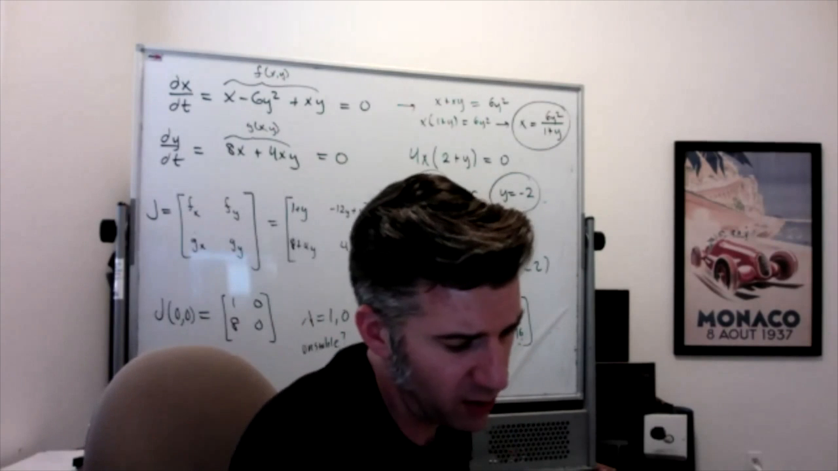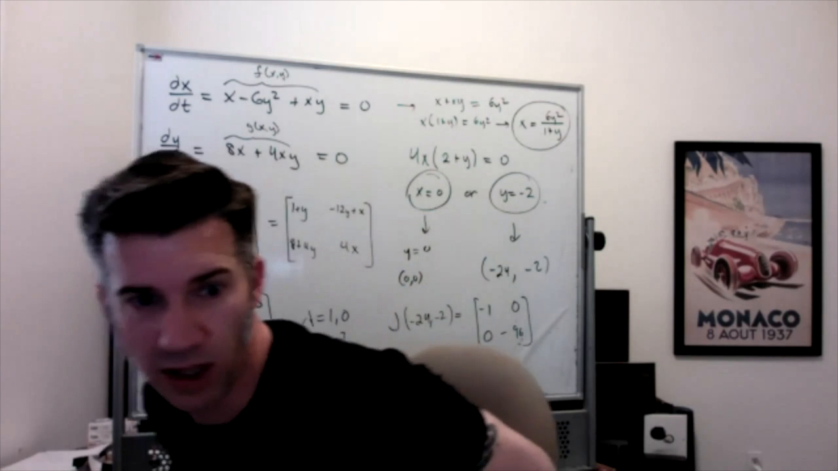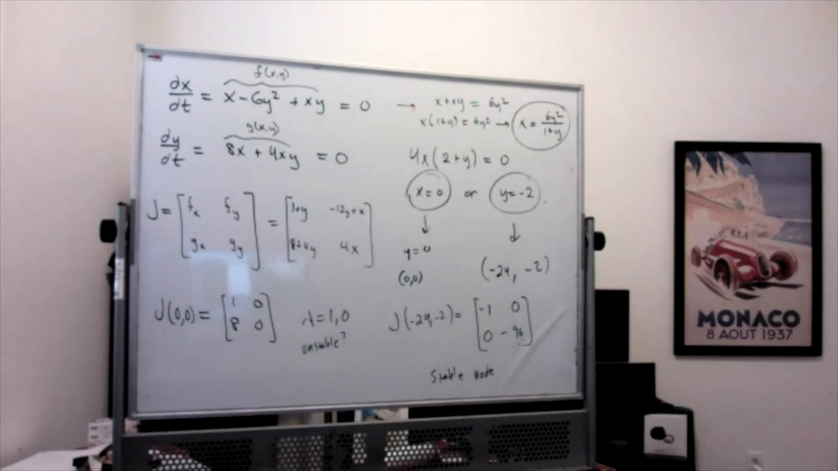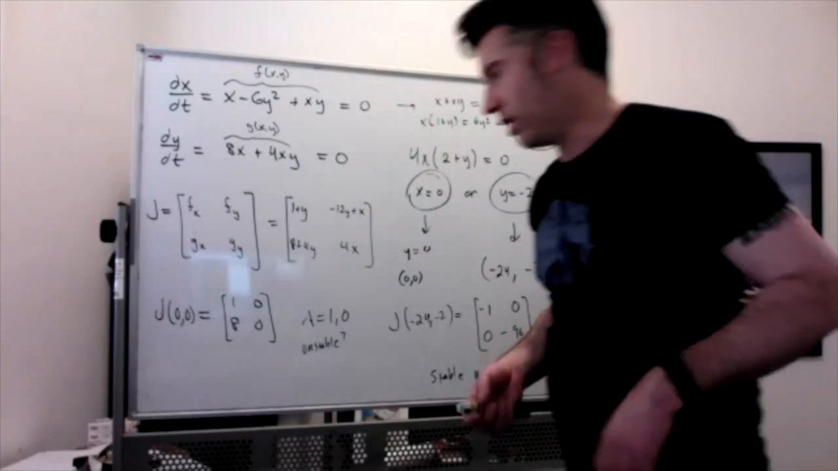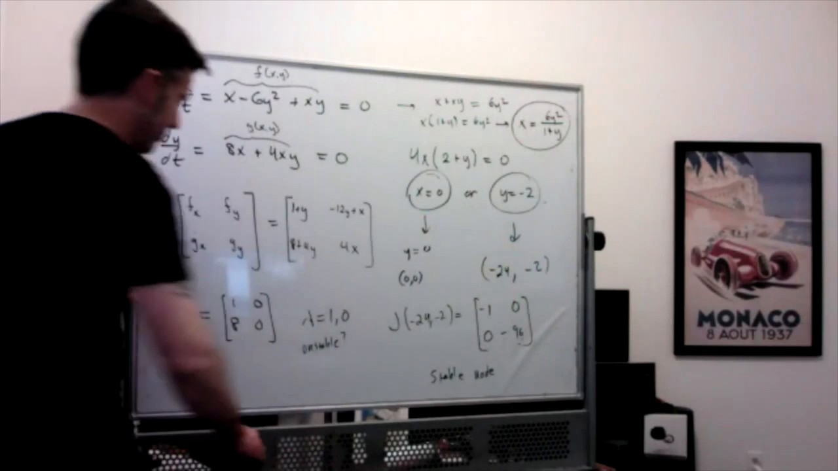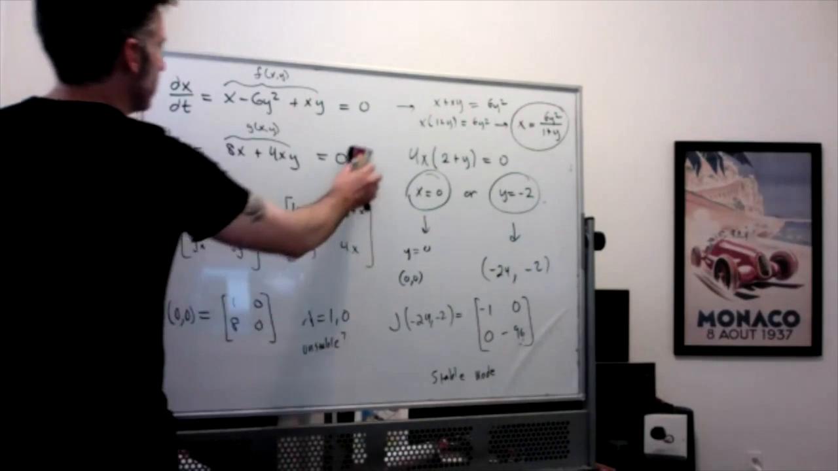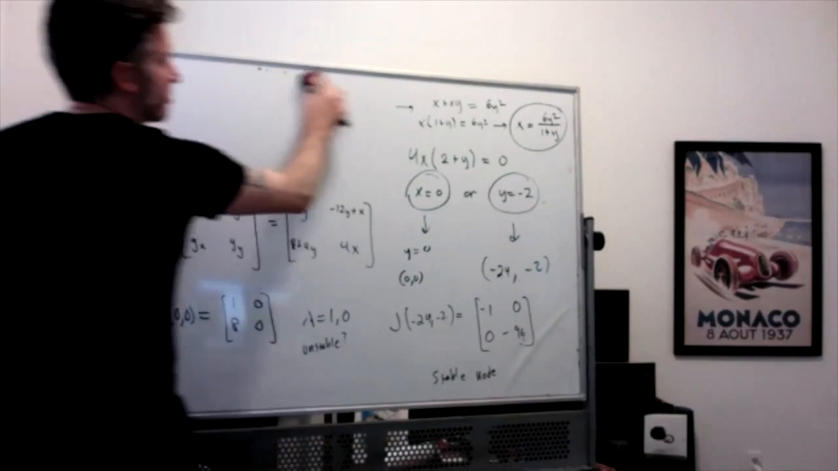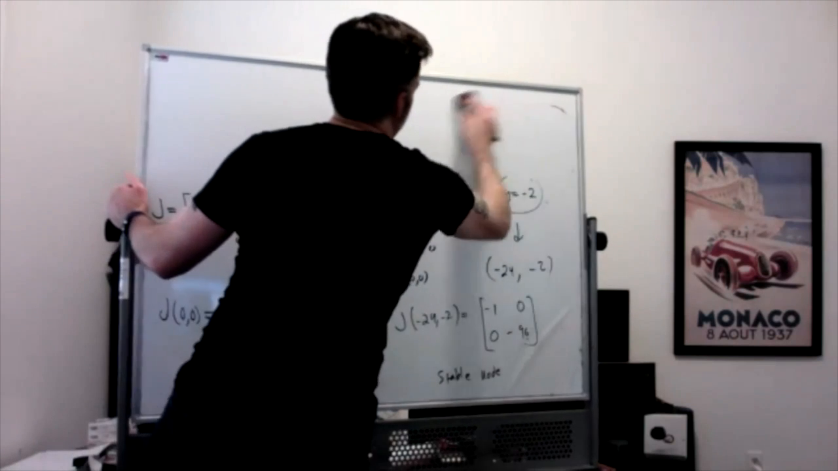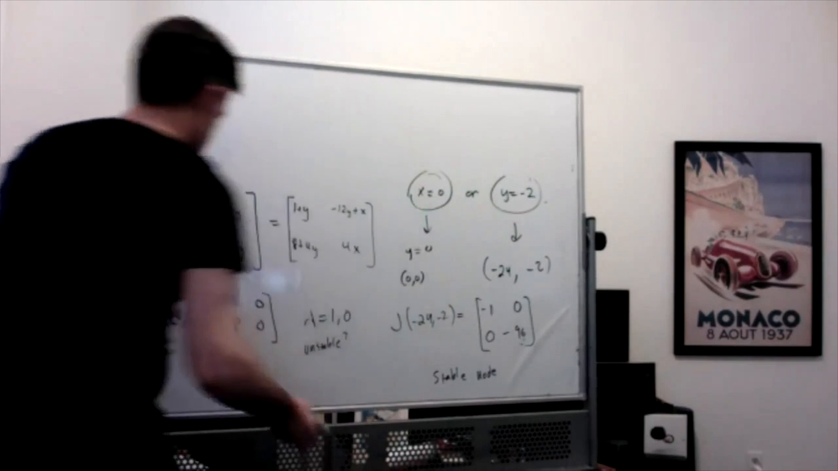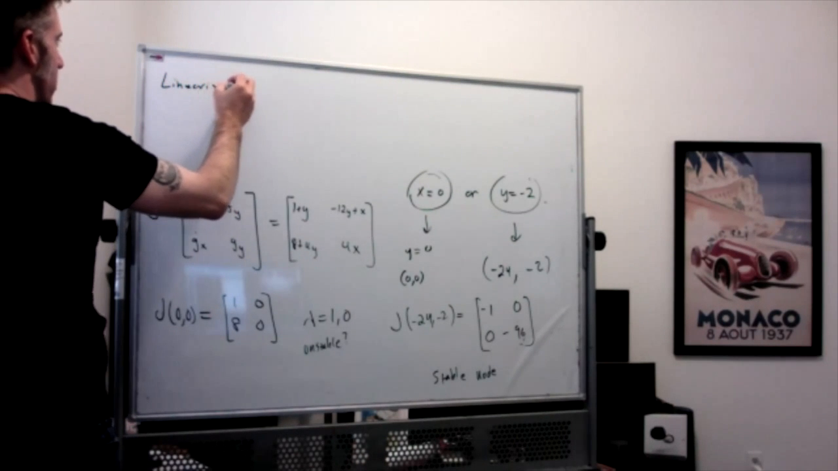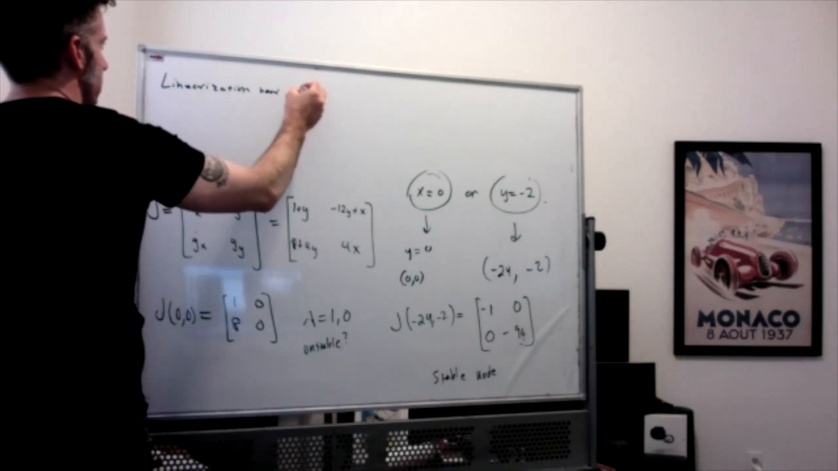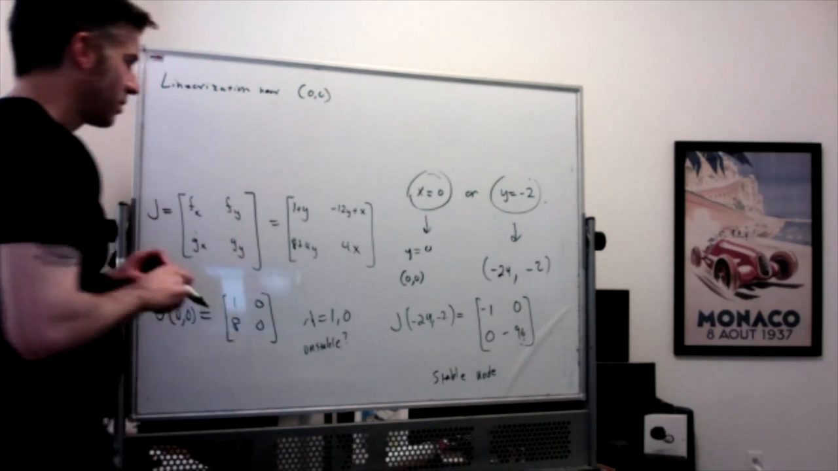What else can we do with this? We can talk about the linearization. So this question did say, after finding your equilibrium, then find the linearization near each equilibrium. So how do you find the linearization near an equilibrium? Well, it really just comes down to a formula. I can erase this. So the linearization near 0, 0 is going to be